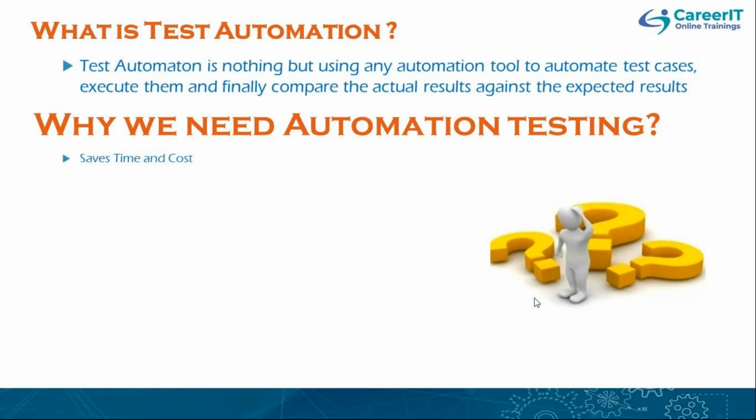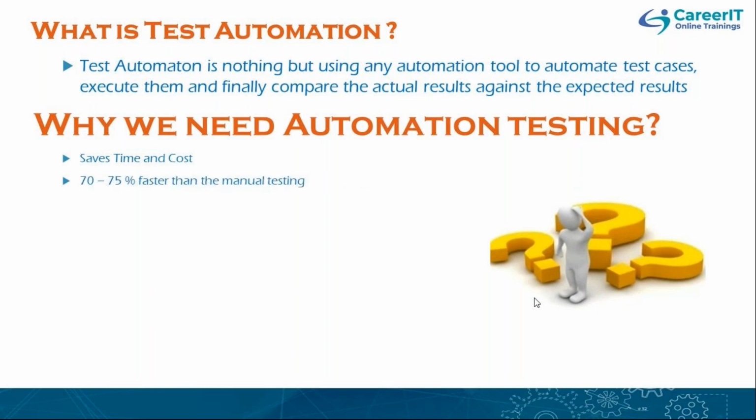Suppose you have some 800 test cases or 1000 test cases. To run or validate all these test cases, the manual testing team is going to take 2 to 3 days. Suppose you have automation testing in place, so you will run them in parallel on different machines, so that you can run those test cases within 4 hours or 6 hours or 8 hours. Basically, like that, you can save a lot of time, and cost will be reduced, because once the automation testing is in place, you can reduce the number of resources required for your manual testing. So the number of resources can be reduced, and it will be cost effective.